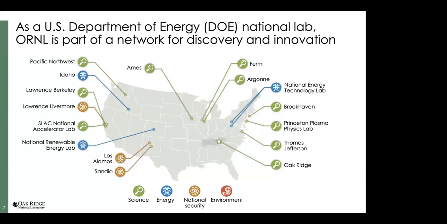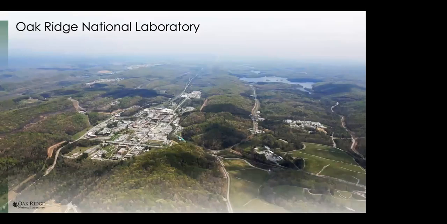Okay. So they are about 3 times the size of Oak Ridge. So we are about 6,000 people. Los Alamos has about 15,000 people, and Livermore and Sandia has even more. And then Savannah River National Lab is it used to be a user facility. Now it has become an environmental focused research lab.